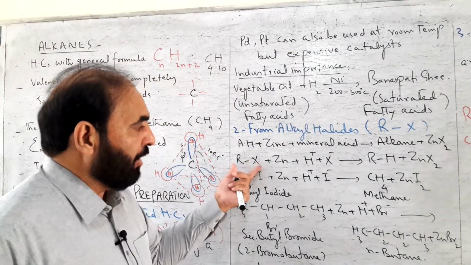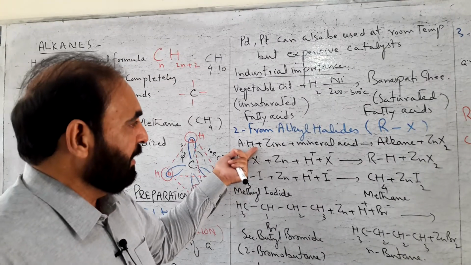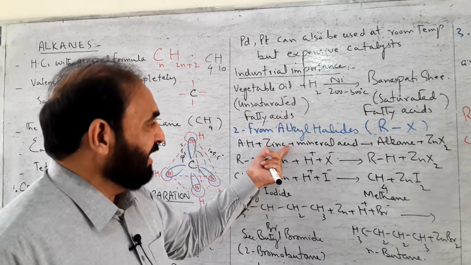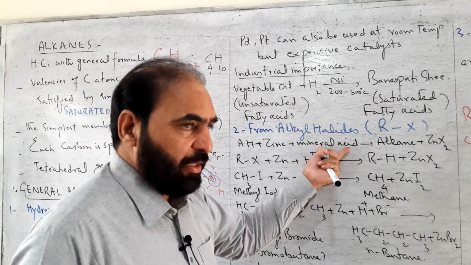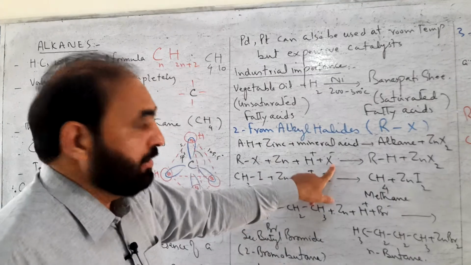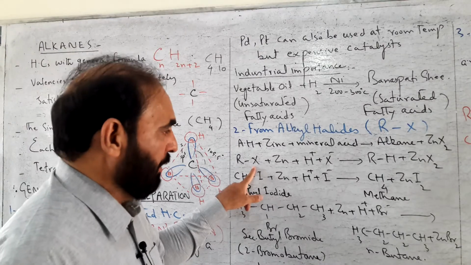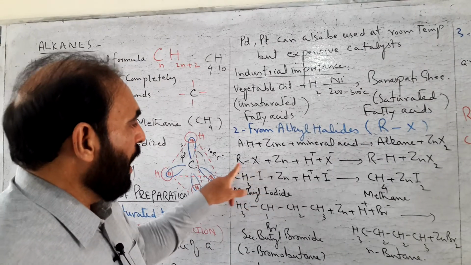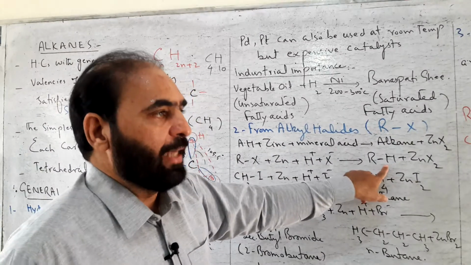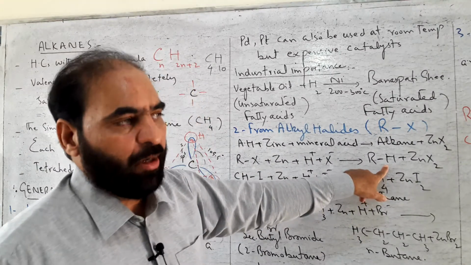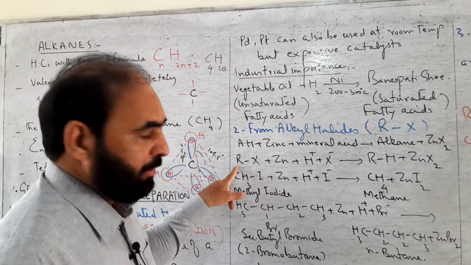The general reaction for this purpose is that the alkyl halide is reacted with zinc metal in the presence of a mineral acid. The mineral acid must contain a halogen ion or halide ion similar to the halo group present in the alkyl halide. So R of the alkyl halide is changed to RH, which is the general formula of an alkane having the same number of carbon atoms as present in the alkyl halide.